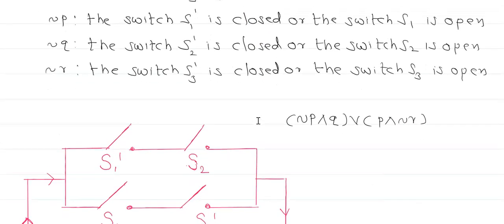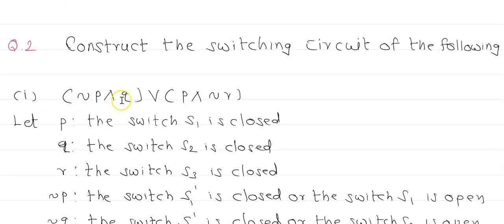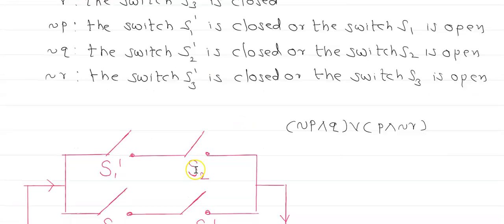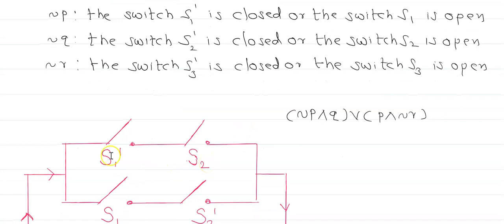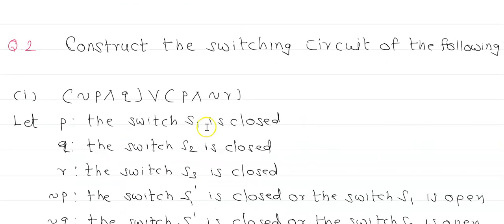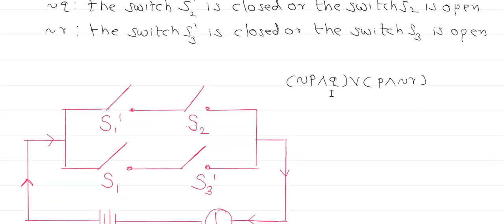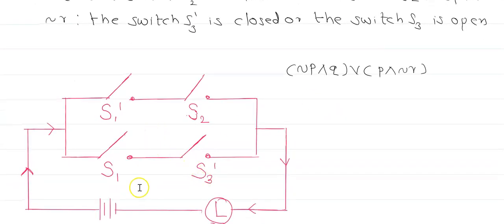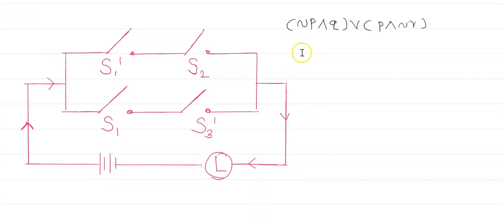Now the switches. Now what is that? Negation of P and Q: negation of P, that is S1 dash, and S2. They are in series. Next, they are in parallel with P and negation of R, that is S1 and S3 dash. This is the circuit. In this way, we get the circuit for negation of P and Q, or P and negation of R. It's very simple. We can perform it. Now the next is